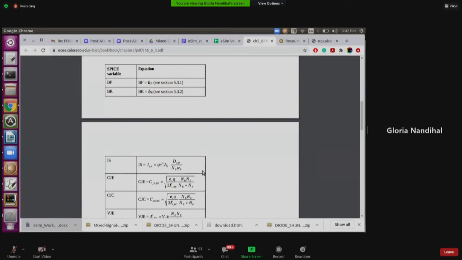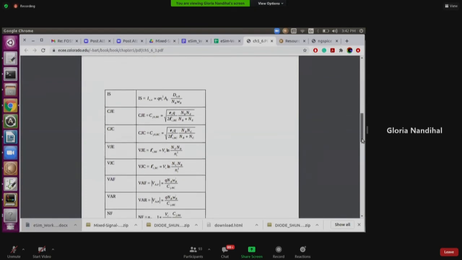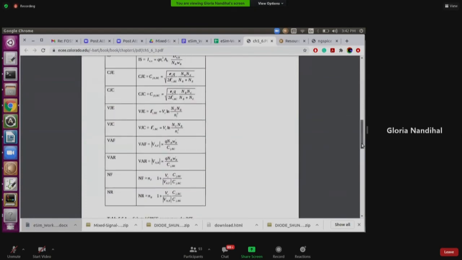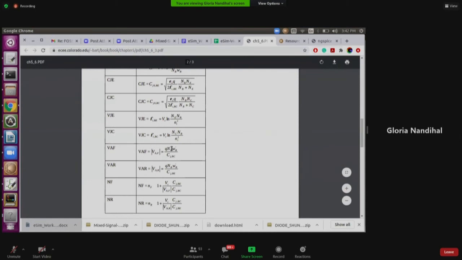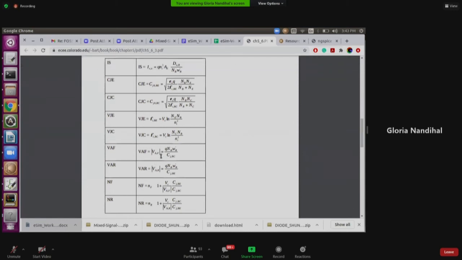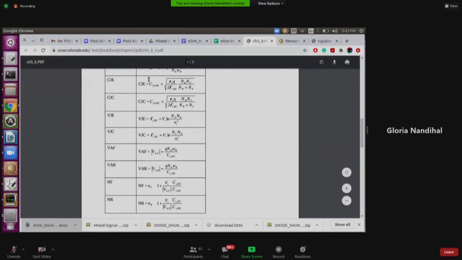So this is how you model a BJT. Yeah, it looks a little complex, but it's really interesting if someone wants to work on it. You will get enough knowledge about it. Unfortunately, I have not worked on it, but I would really appreciate it if someone works on it and says we have come up with a model. See, it's so interesting, right?